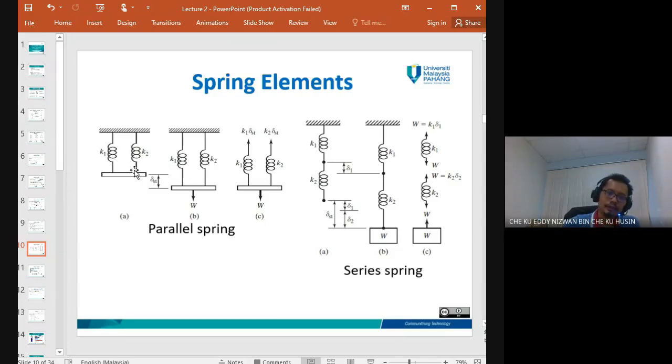Okay, if a spring is connected to a spring, this one we consider as a series. For this one, it looks simple because we just use simple springs. But sometimes if there is a combination of different types of springs, then you may face difficulty identifying them. For example,